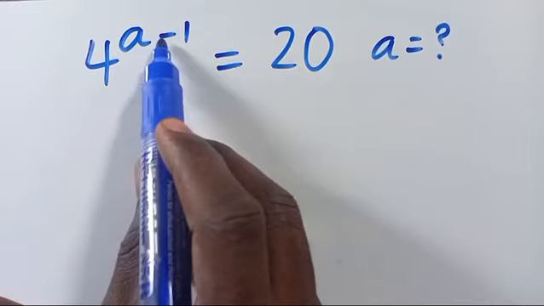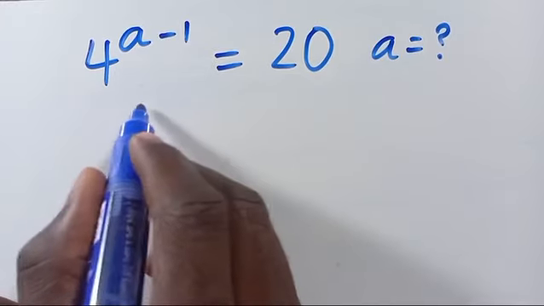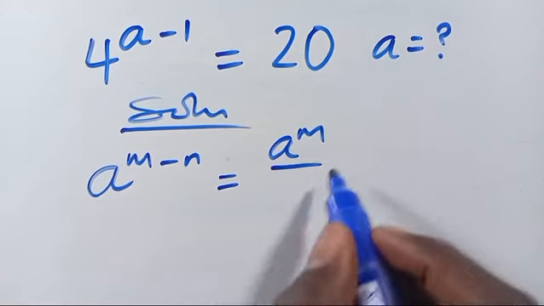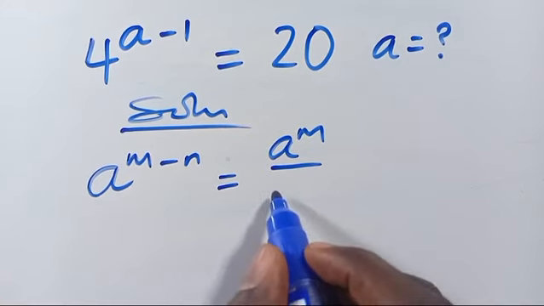What is the value of a, given that 4 to the power of a minus 1 equals 20? Let's have the solution from here. Let's recall that when we have a to the power of m minus n, from the law of indices, this equals a to the power of m divided by a to the power of n. So when we apply it here, we have 4 to the power of a divided by 4 to the power of 1,